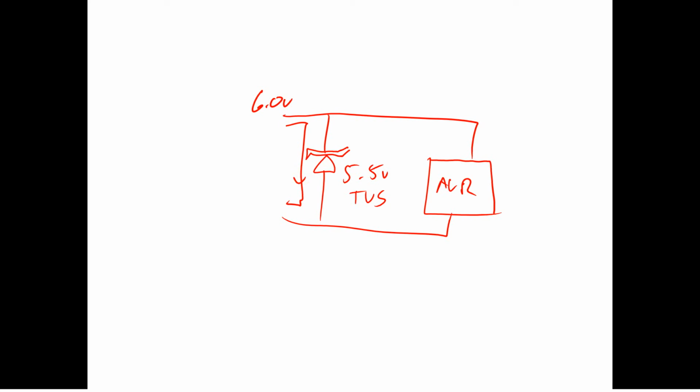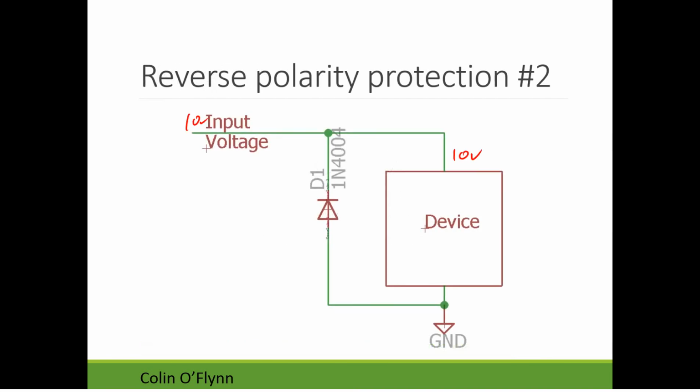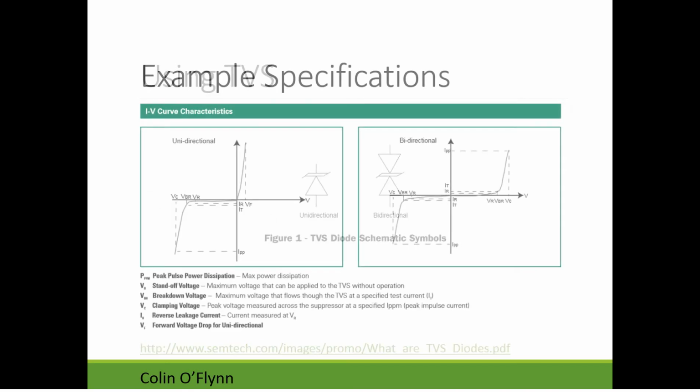So the TVS diodes help us limit what the voltage is, which can be really useful for both input protection and power supply protection. With these ones too, the nice thing is for input protection, we don't have this concern that it is going to pull up the power supply or anything like that. So if we need, we can have those series resistors there, and if there might be a lot of energy, they're a good way to dissipate that.